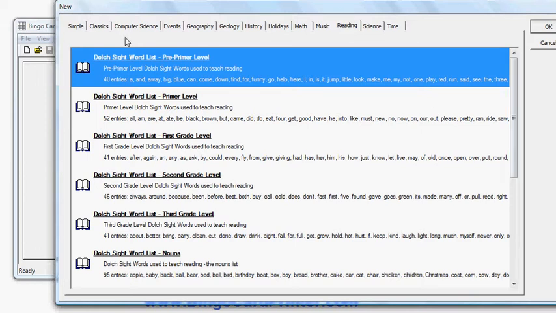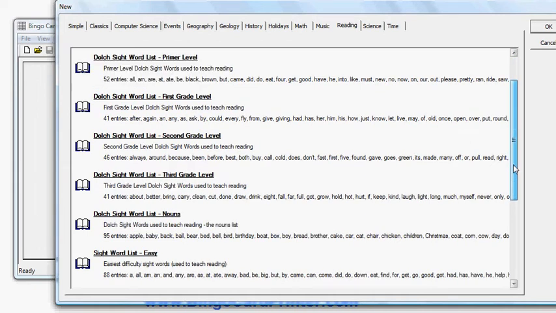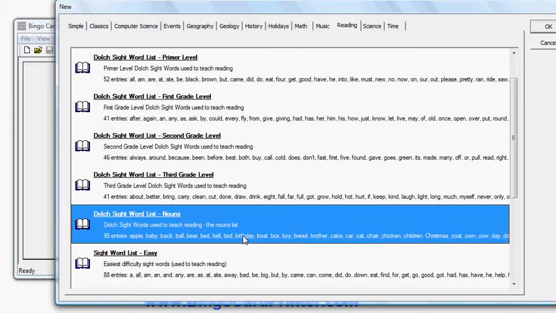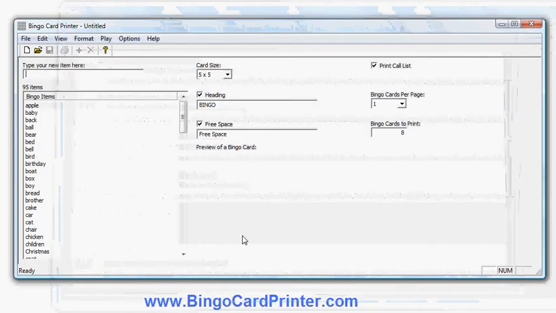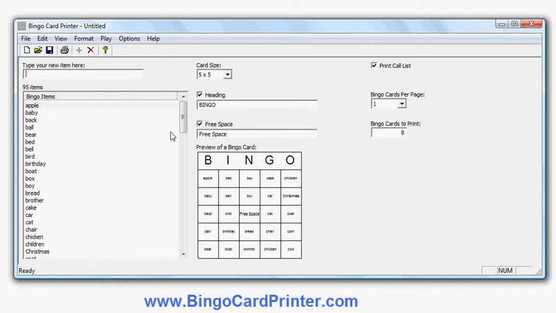The most famous sight words list that you may have heard of is called the Dolch Sight word list, which Dr. Dolch devised way back in 1948, and he divided it into different levels. So pre-primer, primer, first grade, second grade, and he put nouns in a separate list from the other words because of course that's a little bit specific to what kind of book you are reading. So let's actually create a nouns sight word bingo card. So I just simply double click on that, and there's my list of words is here,